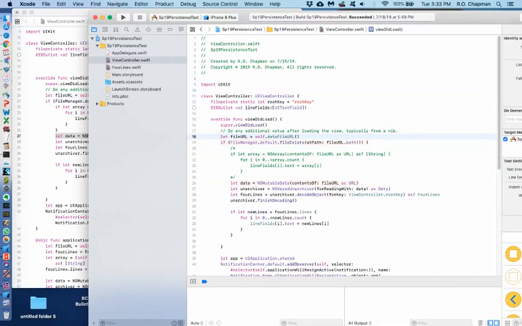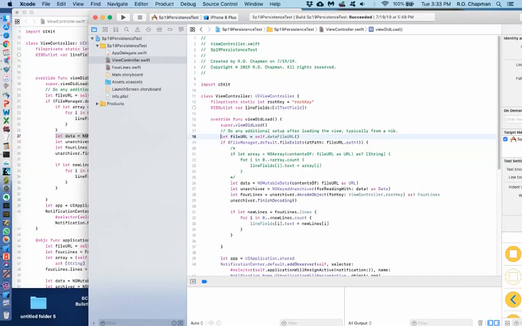Take it back. We need that line commented in. We're going to read the URL. We're going to read it as data, though, if the file exists. And then we'll allow an unarchiver to process that, which it is able to do. The way this works is because the class